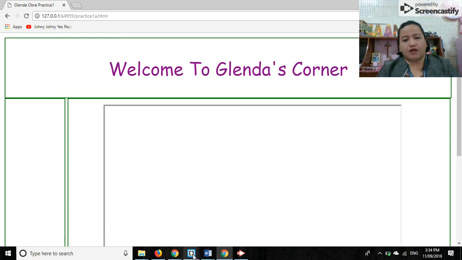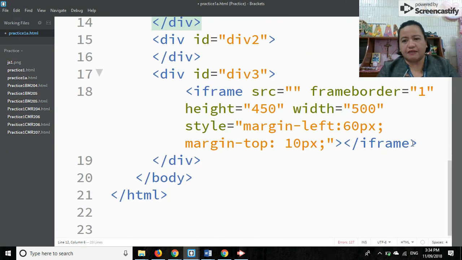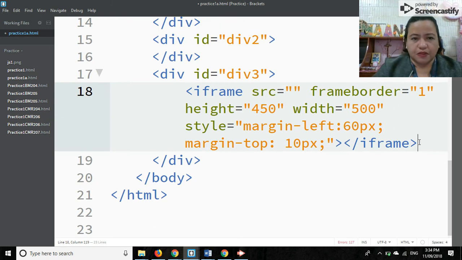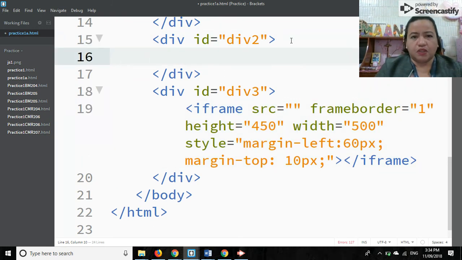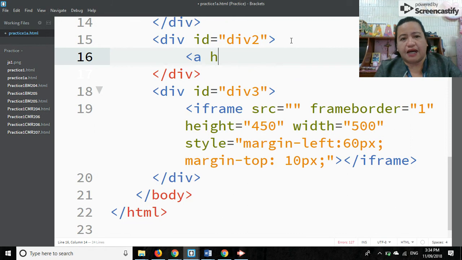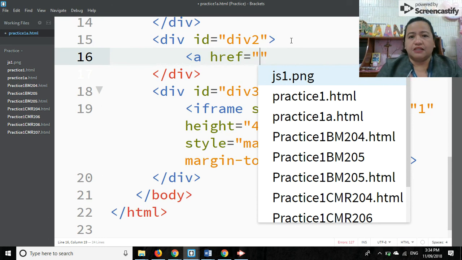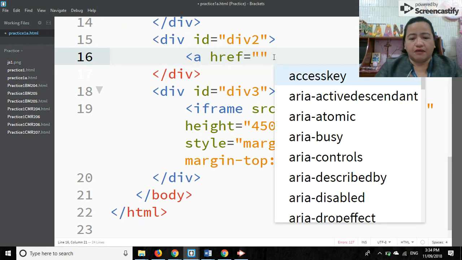Okay. Let's review putting a link on the left side. So I'll go to div 2. In div 2, what we're going to create is a hyperlink. What tag do you use when you create a hyperlink? Okay, you are correct. You need to use the a href tag. A tag plus href equals, and then the link. Okay, for now, we're not going to put anything yet. And then, if we wish